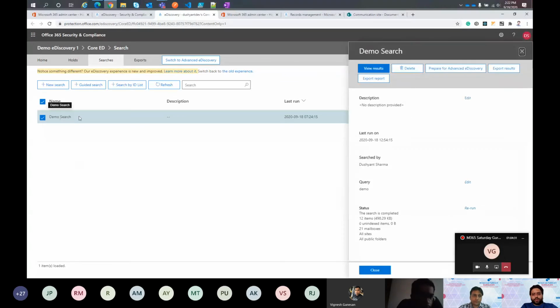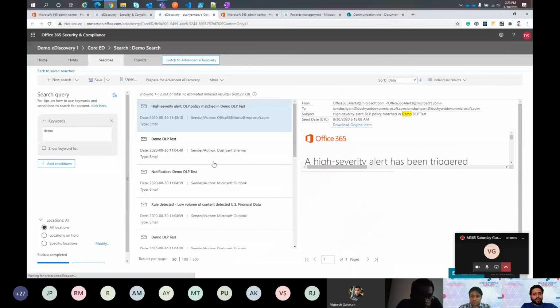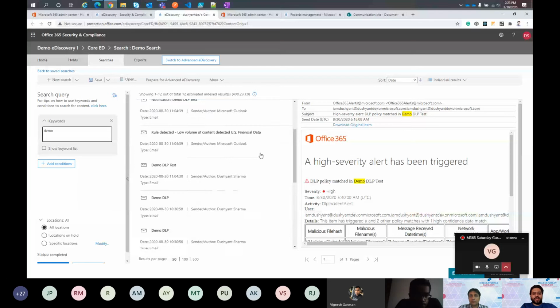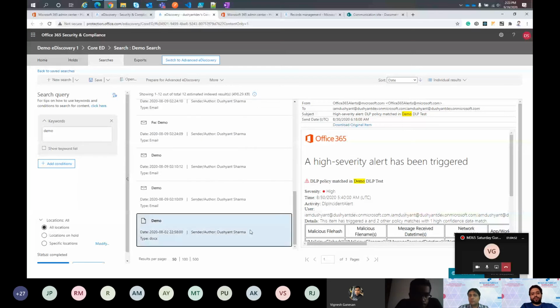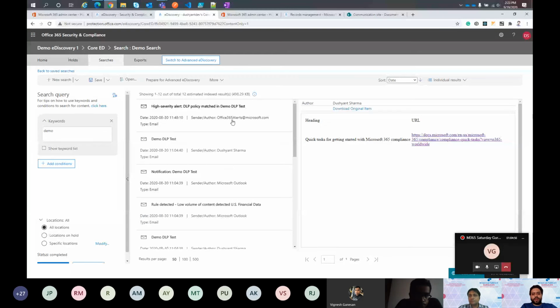If I open this demo search and view the result, here you can see a quick sample of how the search will work for e-discovery for fulfilling all the requirements. Like I've searched for the demo keyword, and it has searched across the tenant, and wherever this keyword has been found, whether it is an Exchange email or a document in a SharePoint site, anywhere in the tenant, it will be appearing here.